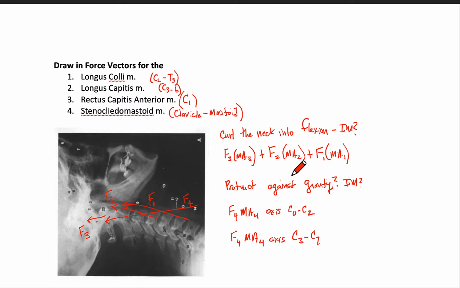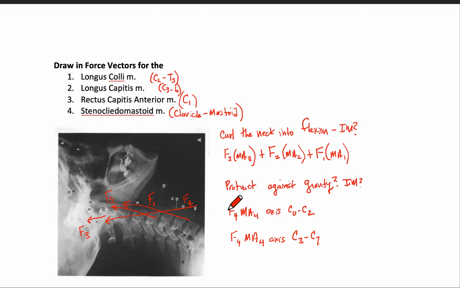And that's kind of answered in this equation where we look at the moments generated by each one of these muscles throughout the cervical spine would give us the peak internal moment to curl the spine up. And then if we asked a second question, what would the moment be if you tried to protract your head as hard as you could, what would be contributing to that? And that's mostly going to be the